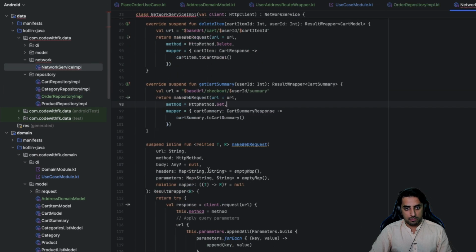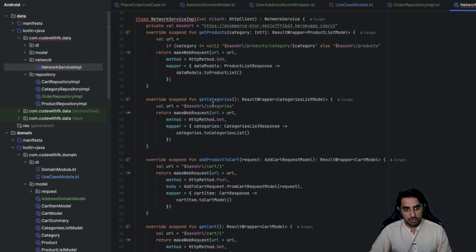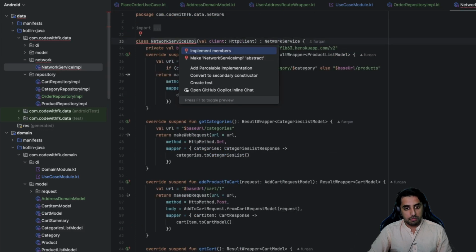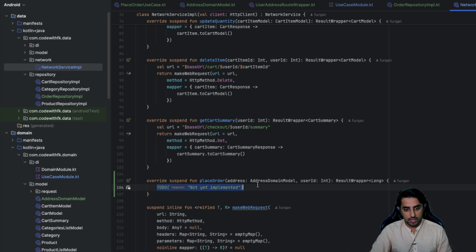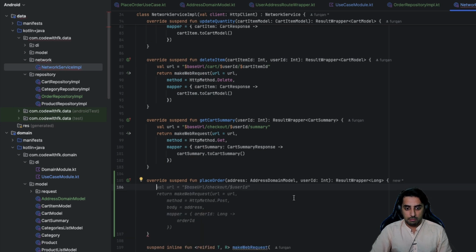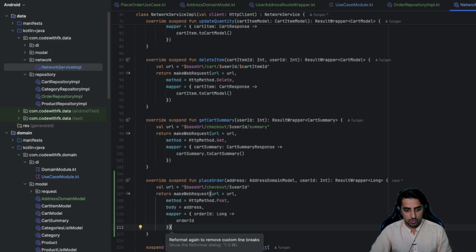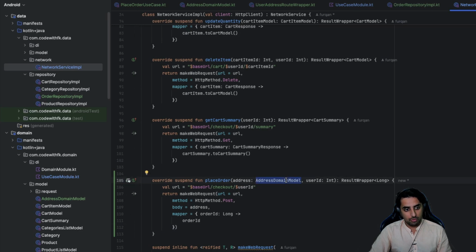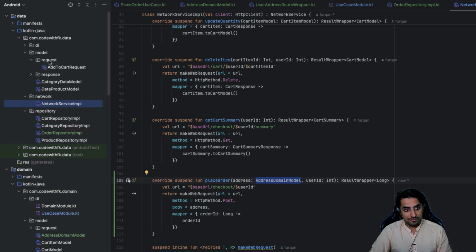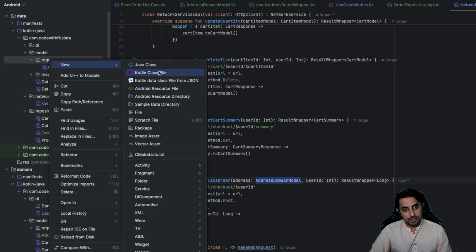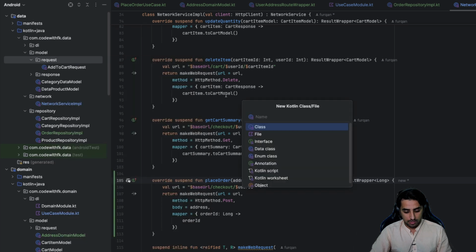over here, this network service implementation, and it will complain about our implementation for this method. So I'll just create a place order implementation over here, and now we need to create the basic implementation for this. Okay, so there is slight difference that we would like to do. For example, this domain model might not be passed because it's not serialized, and it will basically fail to do that. So the first thing that I'll do over here is that I'll create another data class, and let's